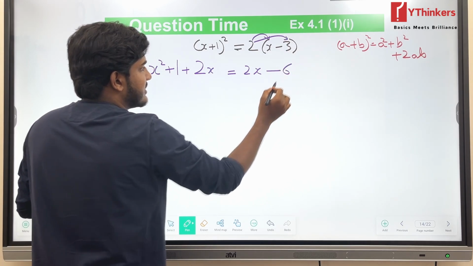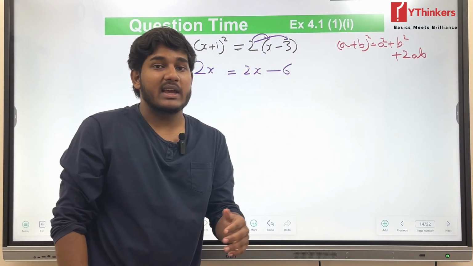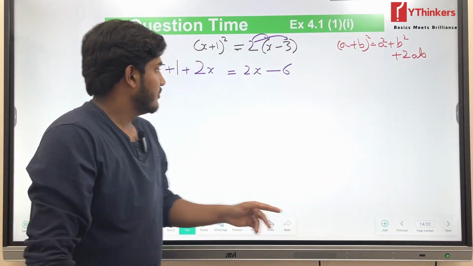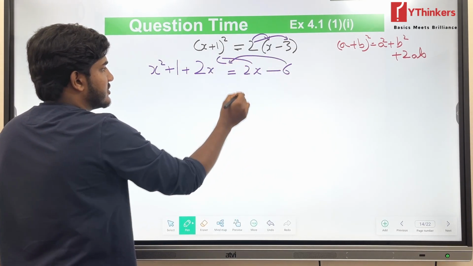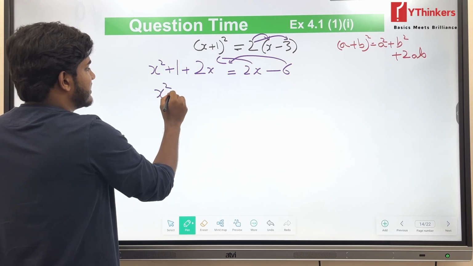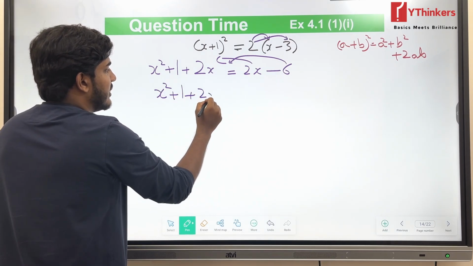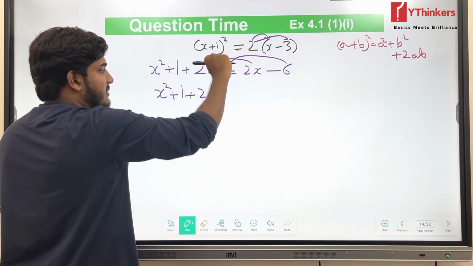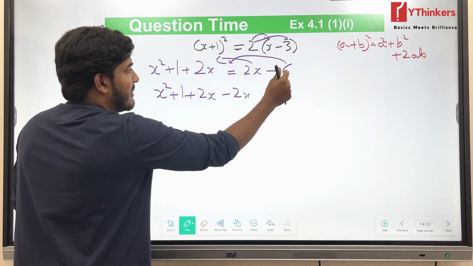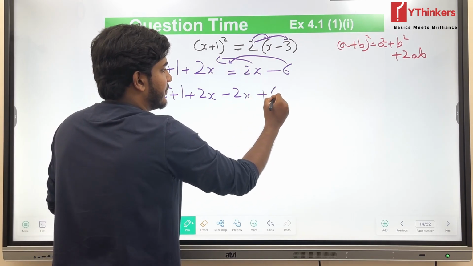6. Okay, what did I say about the equation? The right hand side should be 0. For it to become 0, I have to send these terms here, no? So when I send them, x square remains the same, 1 remains the same, 2x remains the same. From here, 2x comes opposite, so plus 2x becomes minus 2x, minus 6 becomes plus 6 is equal